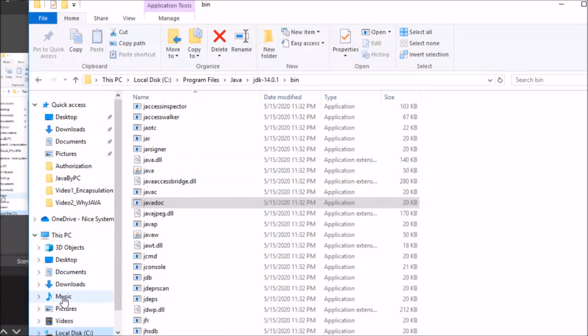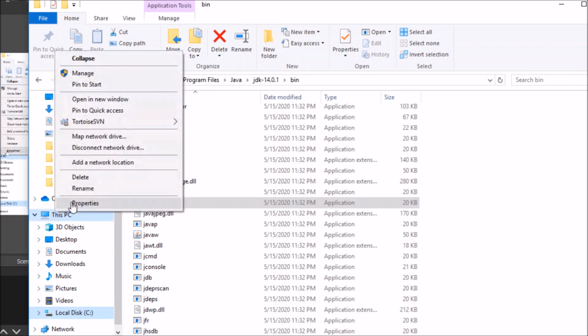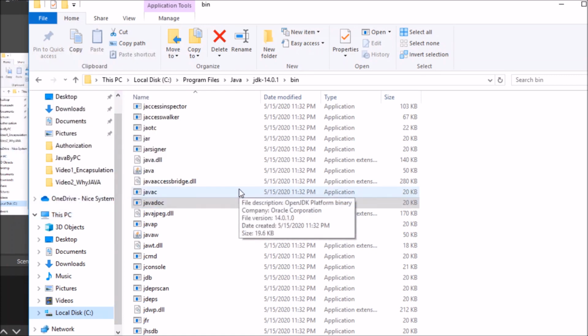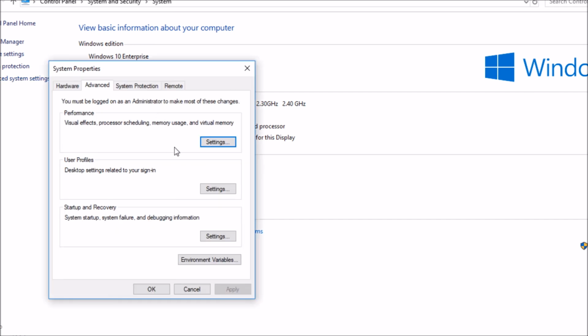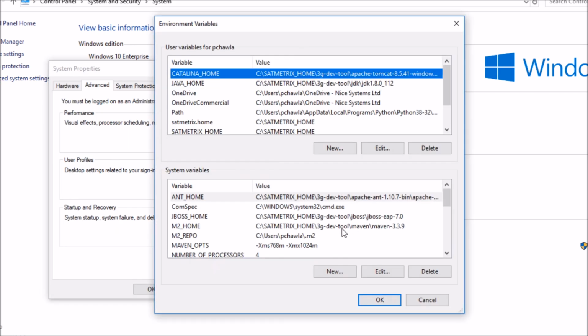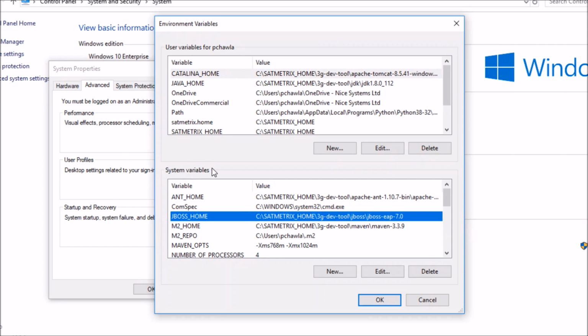After you have the path, we'll go to the system properties, where you will find advanced system settings and then the environment variables. In the system variables you have to paste this, or you have to give this path to the OS so that it could find it from any location.